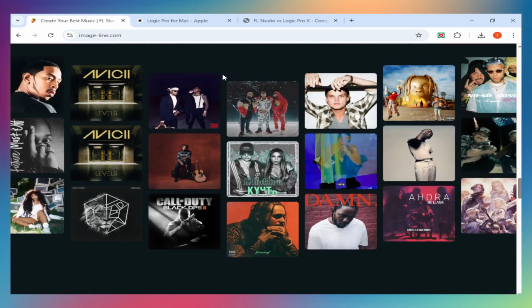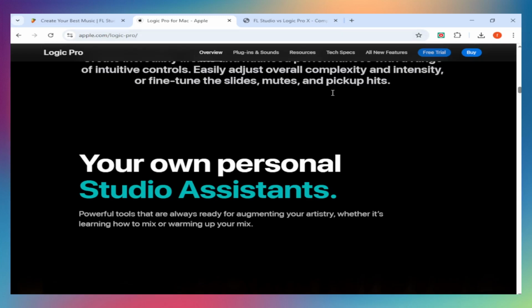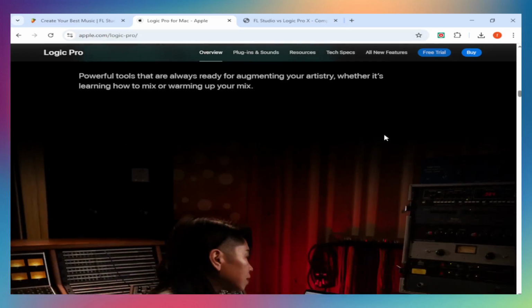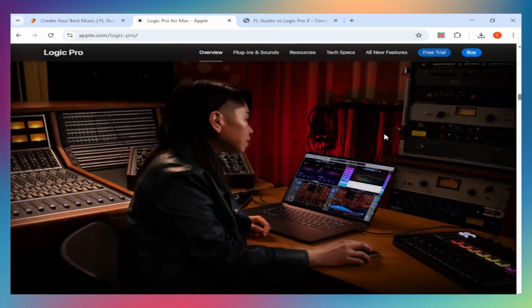Learning curve. FL Studio is easier for beginners making beats, but its audio recording is harder. Logic has a steeper initial learning curve but is more intuitive for traditional recording workflows, so which should you choose? Choose FL Studio if you're